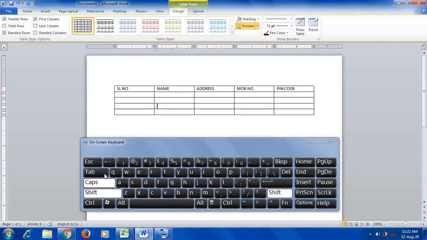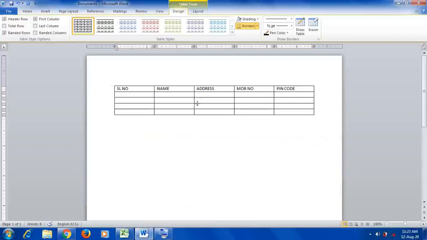When you hold Shift and press Tab, automatically the cursor moves back cell by cell. So to move in a forward direction, just press the Tab key, and to move in a backward direction, hold Shift and press Tab again. So this is one simple method to insert a table by using the grid.